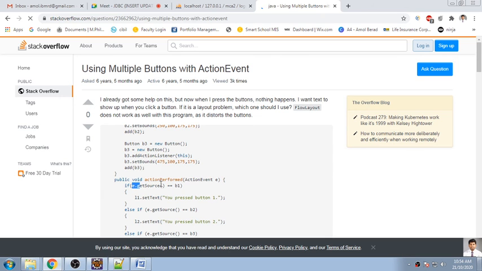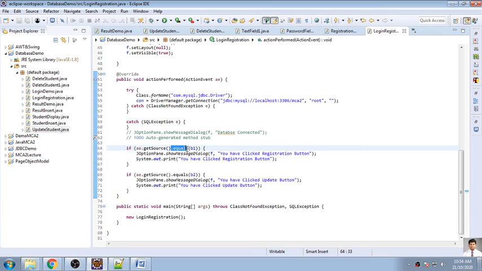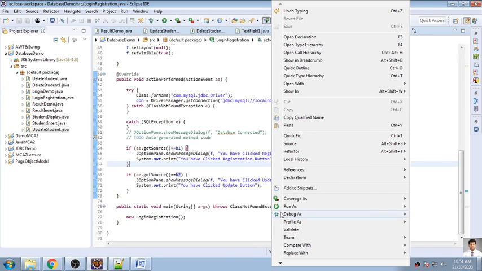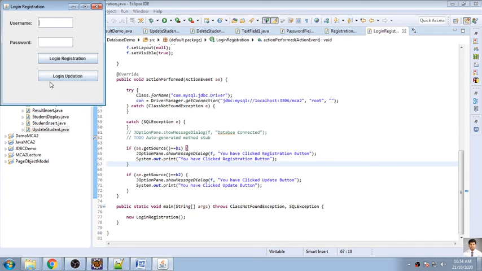If AE, that is action event dot get, exactly equal to, let's see, here instead of dot equals, we use exactly equal to B1, and we'll check it for exactly equal to B2. Let's see what happens, exactly equal to B2. Already we had tried this, but it was not working. But still let's see once whether it works, because probably it is used like this in many places.